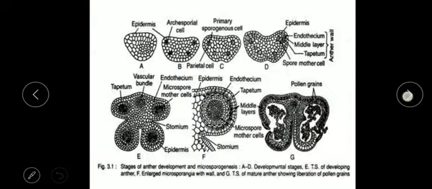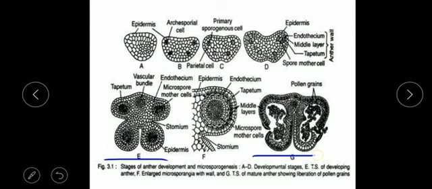Okay, so that's how the formation of the anther takes place. Here, diagrammatically, they have beautifully explained how a simple structure of undifferentiated cells will form the complex anther. You can see the epidermis, and internal to the epidermis there are archesporial cells, and finally after many divisions there is wall formation like epidermis, endothecium, middle layer and tapetum, and finally they have the spore mother cell, and then they develop into the matured anther.